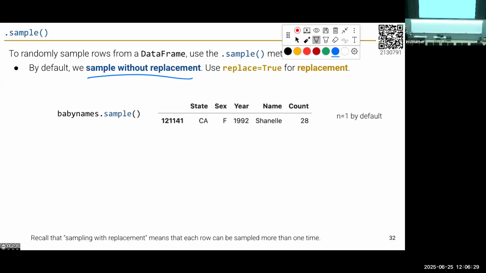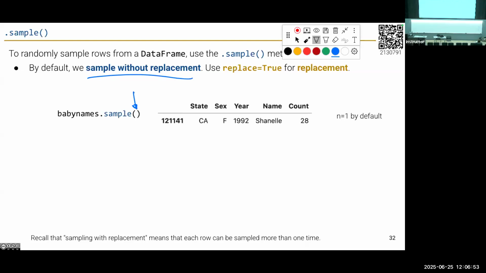So for example, I can run babynames.sample. That's going to sample one row without replacement, which is identical to sampling one row with replacement. That's exactly the same process. If you just want one thing, you can use .sample, but you can insert whatever number you want here to sample a particular number of rows. So df.sample(10) will give you 10 rows, or df.sample(5) will give you 5 rows.